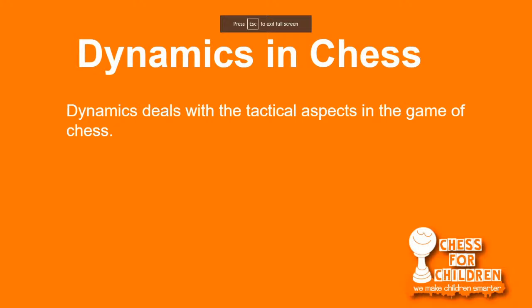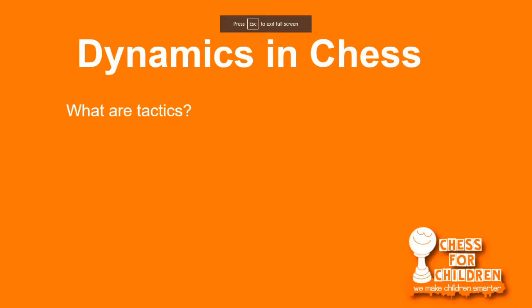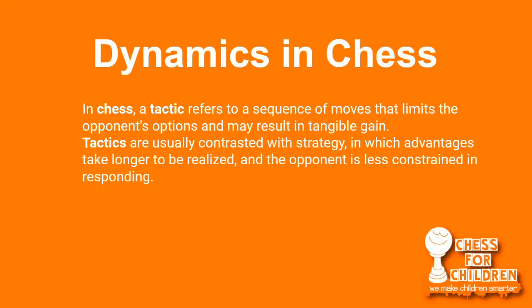In chess, tactics refer to a sequence of moves that limit the opponent's options and may result in tangible gains. Tactics are usually contrasted with strategy, in which advantages take longer to be realized and the opponent is less constrained in responding. In other words, dynamics deals with the actual move by move that you're considering there, whereas